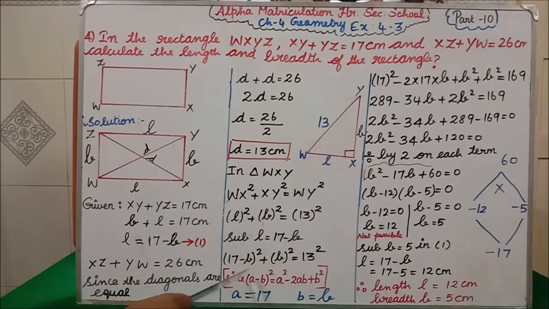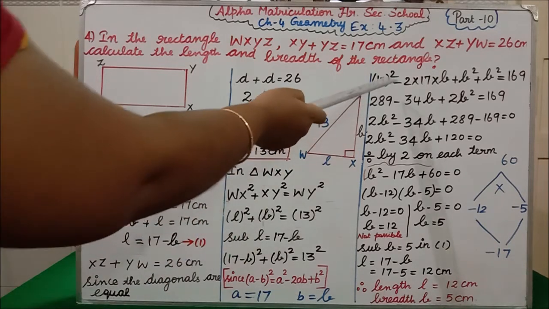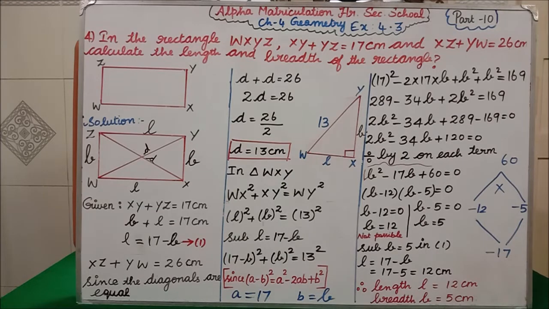This part alone we are going to expand using this formula. The remaining plus B square and 13 square I am writing as such. Clear, students? Now this A minus B the whole square looks like 17 minus B the whole square. Now I am going to expand this part alone. A square means what do I have to write now? 17 square. See, I have written 17 square. Minus 2AB, which means what?